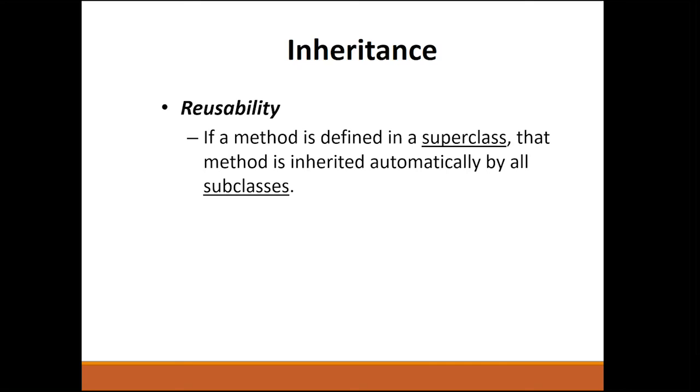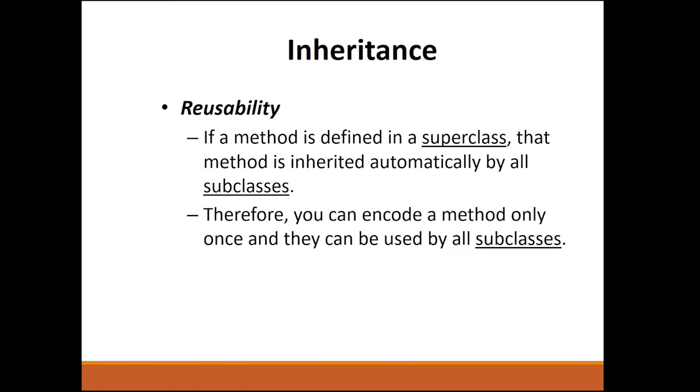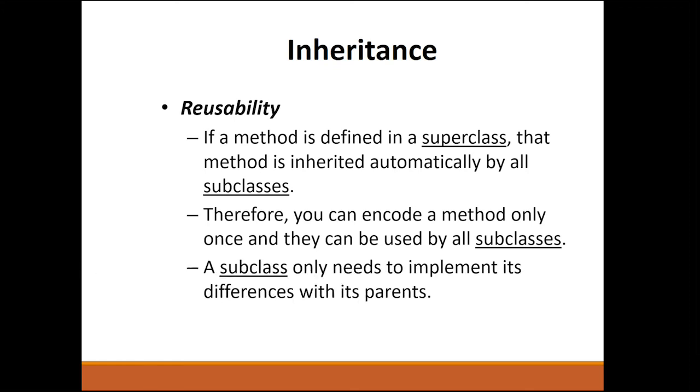If your parents is gwapo, maganda, so malamang gwapo, maganda din yung mga anak nila. Okay, kung matalino, matalino. Something like that. So therefore, you can encode a method only once and it can be used by all subclasses. Okay? So a subclass only needs to implement its differences with its parent